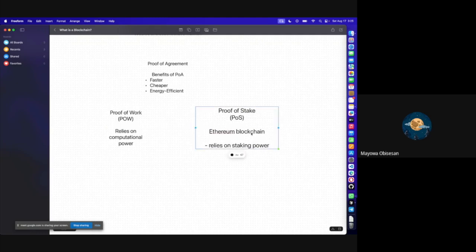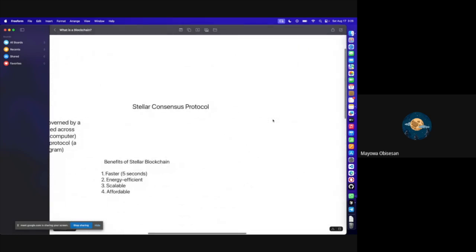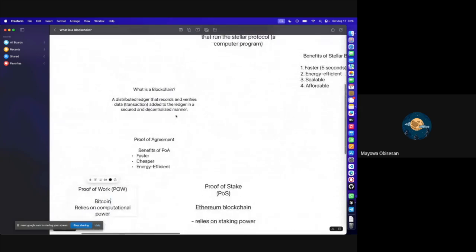So it's a way of resolving issues, a way of agreeing on certain information and certain actions that are handled on the platform. So this happens for Bitcoin. So we have all of these different consensus mechanisms, but for Stellar, we have this consensus mechanism called the proof